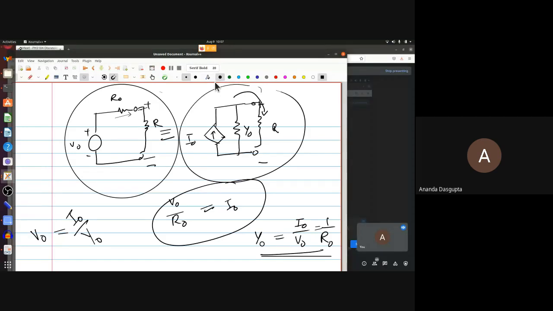Okay, I just have a question for you. When I say equivalent, what does it really mean? For example, if I take a very simple example, if I replace three resistances in series by a single resistance and say it's an equivalent, what do I mean by that? The three 1 kilo ohm resistances in series is equivalent to a 3 kilo ohm resistance. What does the word equivalent mean here? The effect produced by both. Yeah, the voltage drop across the two will be equivalent.